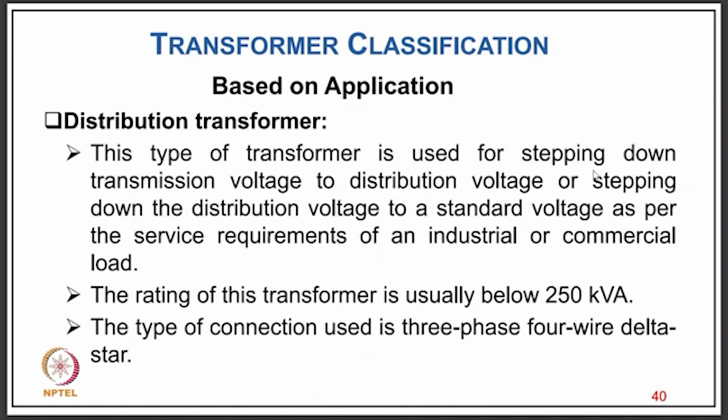Now coming to the application, the distribution transformer is used for stepping down the transmission voltage to distribution level, or stepping down the distribution voltage to the standard voltage as per the service requirement of industrial and commercial load. The rating of the transformer is usually less than 250 kVA, and the type of connection used is 3-phase 4-wire delta-star, and the secondary is made particularly star connection to provide the neutral terminal for the